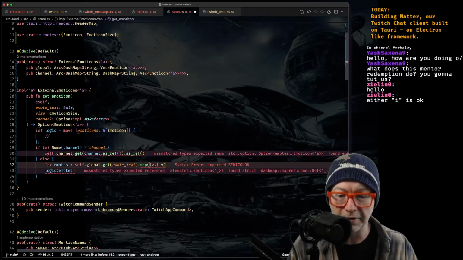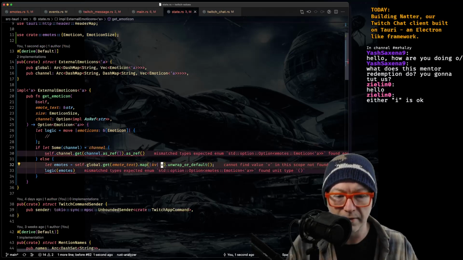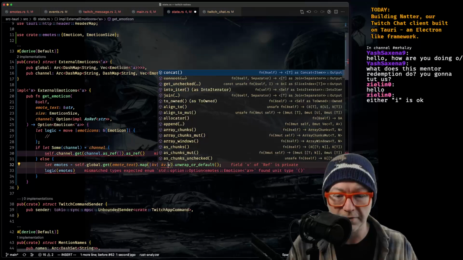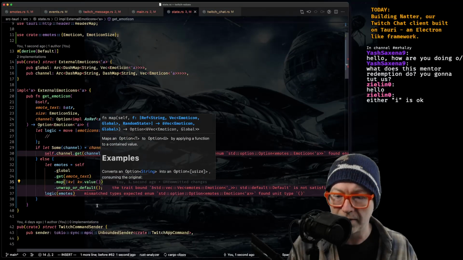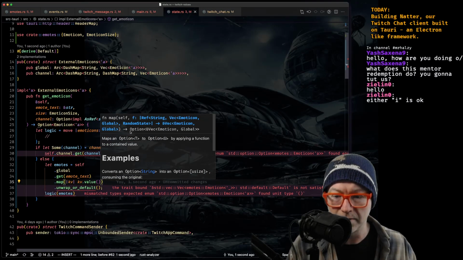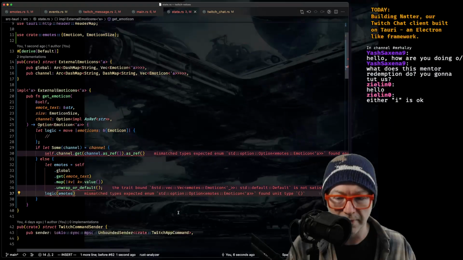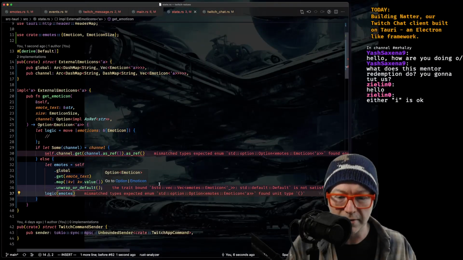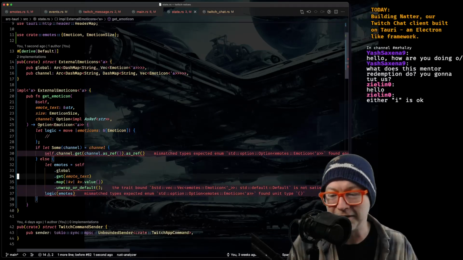So we just want the value. Dot unwrap or default. ev dot value, I think is what it was. Yep. And in this case, it's going to return a reference to that. Yes, but we can't have a default reference to that. Okay, fine.